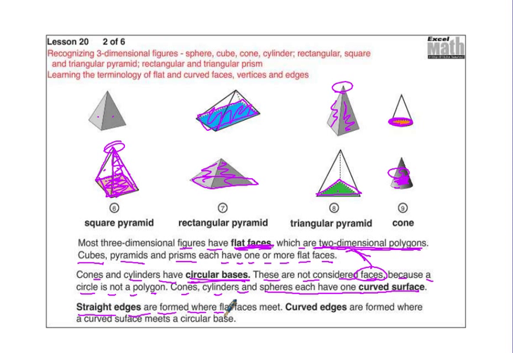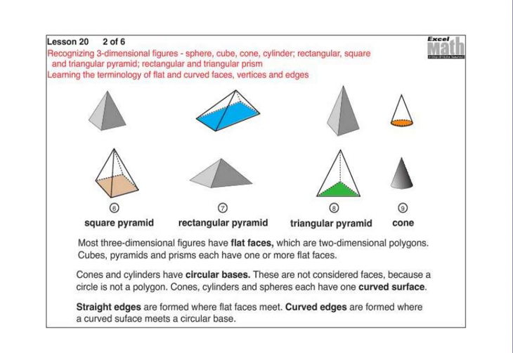Straight edges are formed where flat faces meet. And so let me get rid of all these marks here to make it a little bit easier to see. Where this flat face meets this flat face, we have an edge, a straight edge that is formed. Curved edges are formed where a curved surface meets a circular base. So here we have a curved edge because this curved surface is meeting the circular base there,